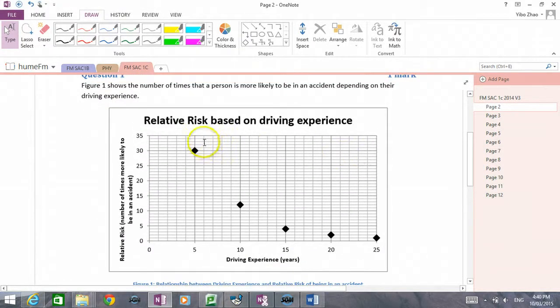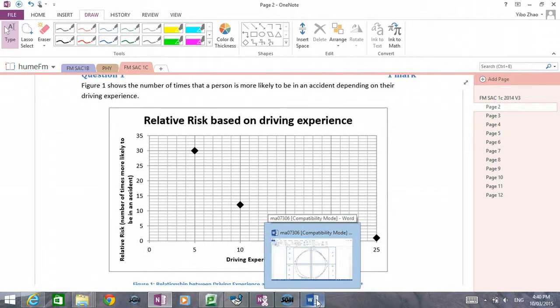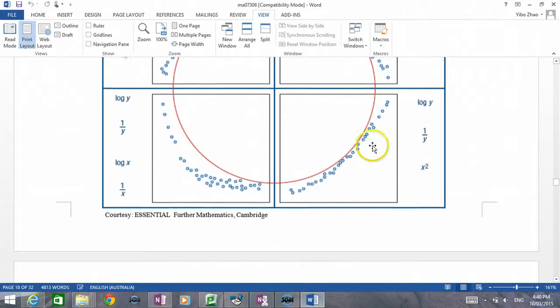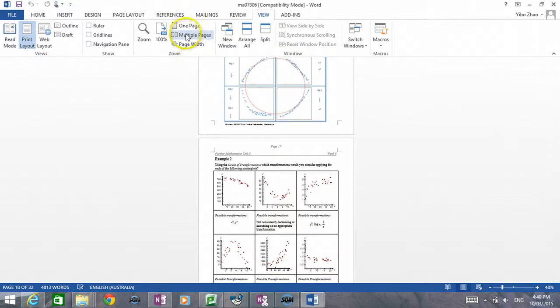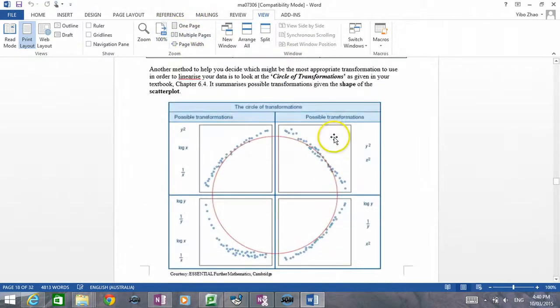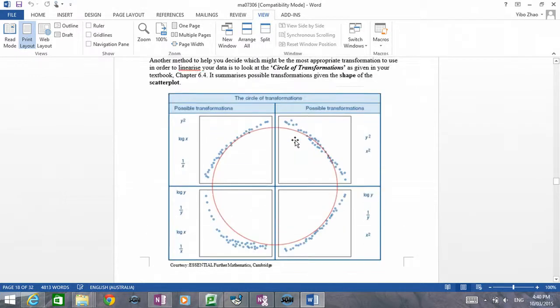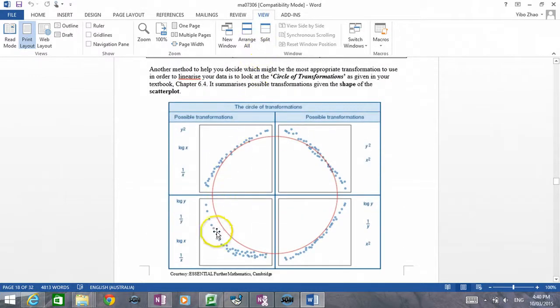Okay? So in order to do question 1, you need to go to your textbook or your knowledge book. In your knowledge book, you should have this diagram there. Okay? Now, yep, there. Okay? This diagram is on page 190 or 180-something in your textbook. Okay? So from this diagram, it tells me